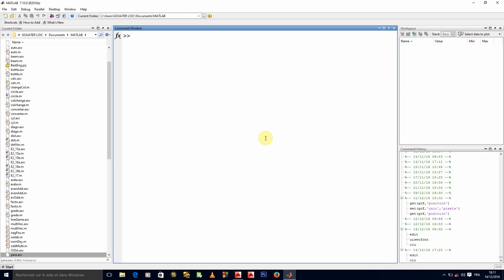So let's go. The very first thing is that I will create the .m file, which will store my source code that has to be executed by MATLAB, and obviously it will be a function, a nested function that contains other functions. I'll call it OSA, and OSA here stands for one span structural analysis.